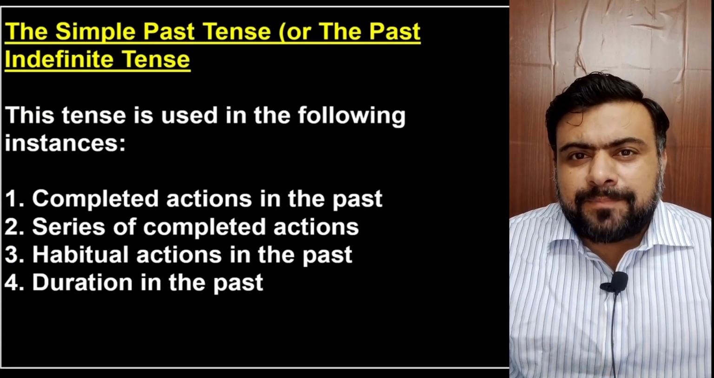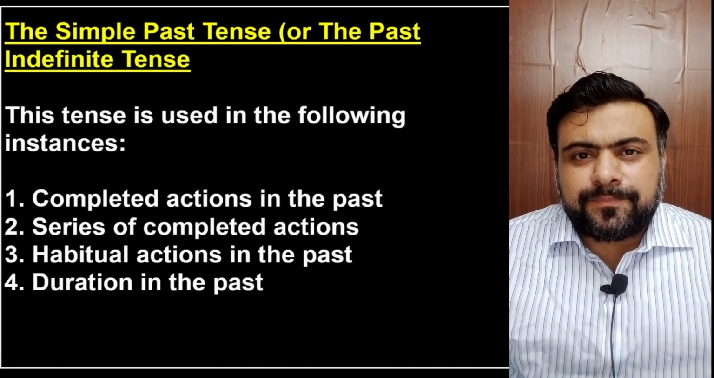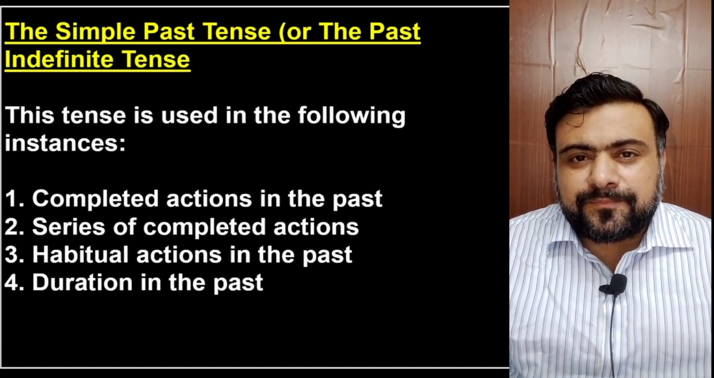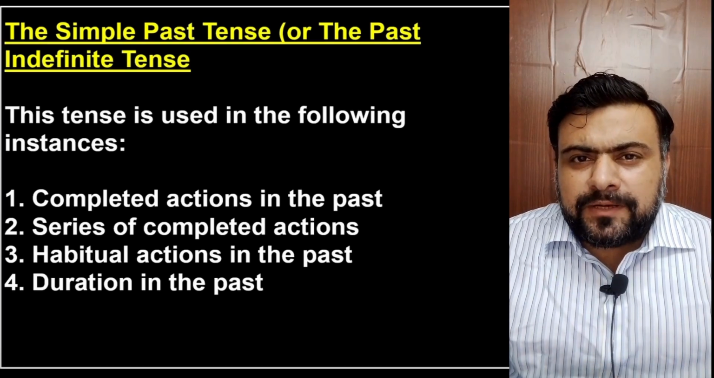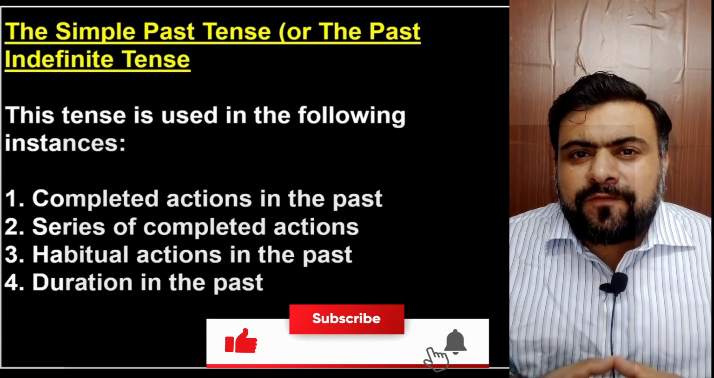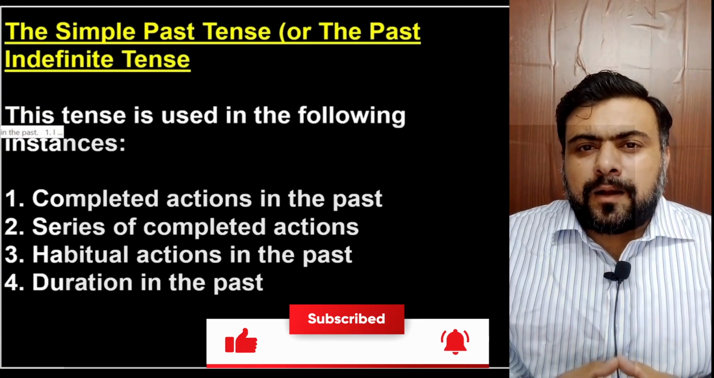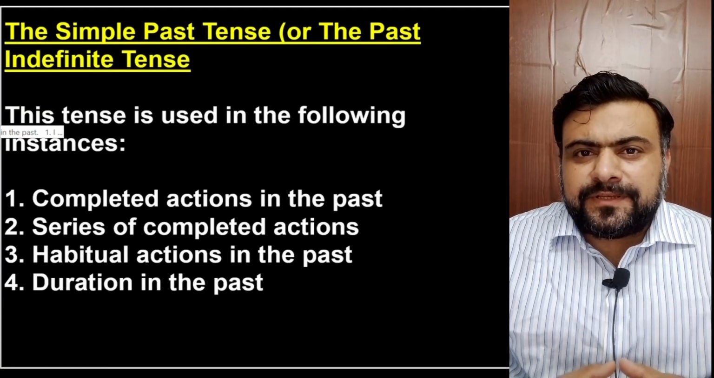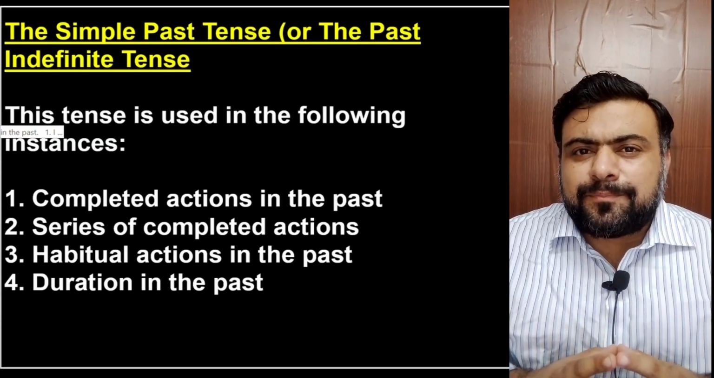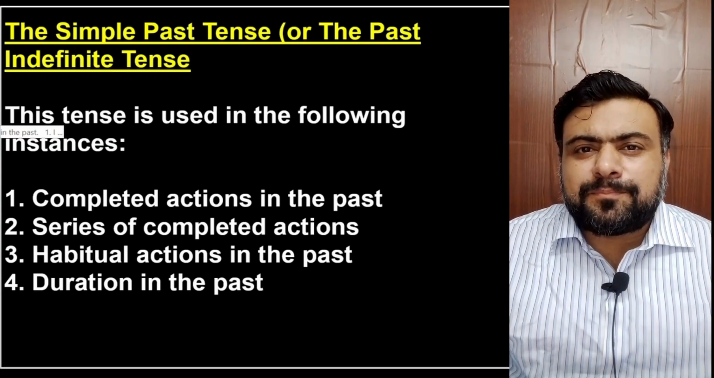First, completed actions in the past. Second, series of completed actions. Third, habitual actions in the past. And fourth, duration of actions. Now we'll look at the examples of these instances, these circumstances in which the past indefinite or the simple